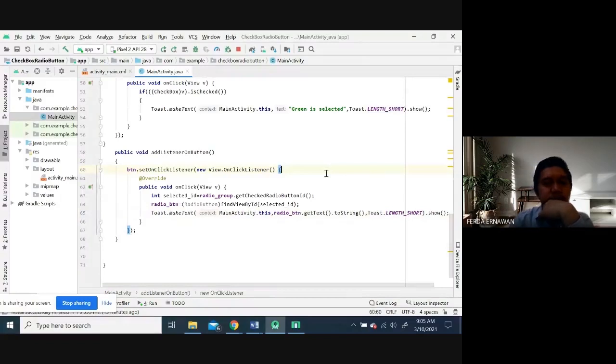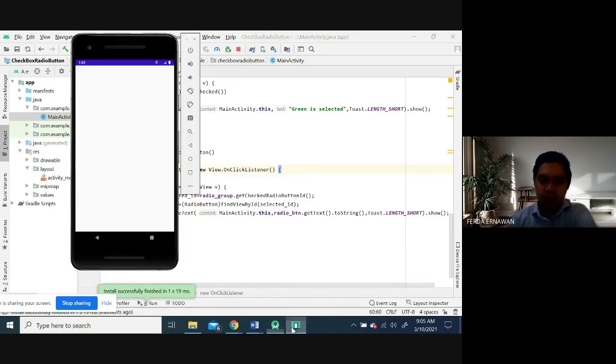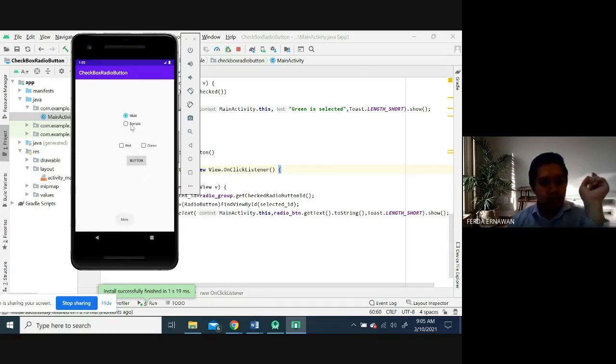I click, should do. Okay, let us see. Finish. Female. Click button and display. Click female. Button, show display.